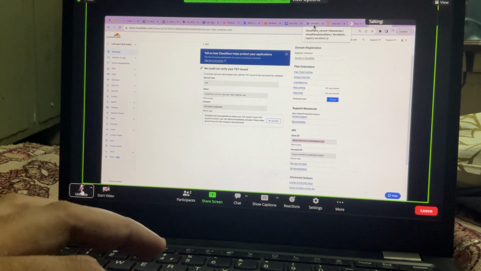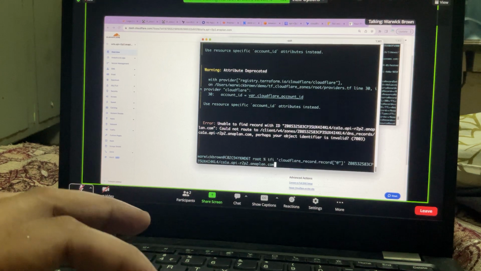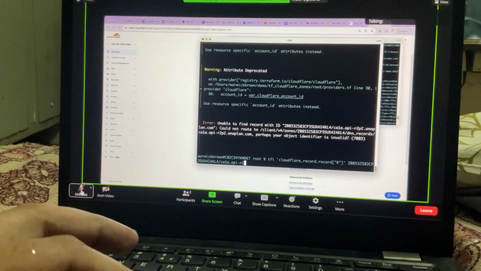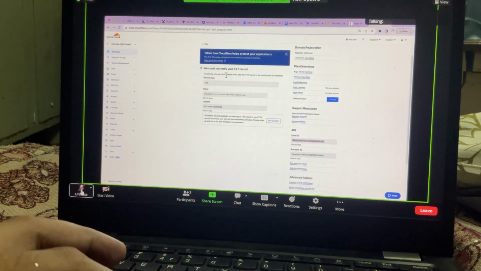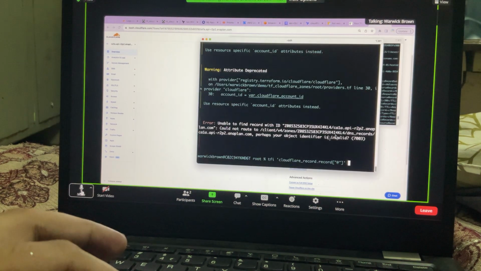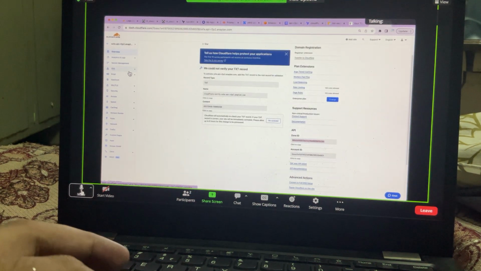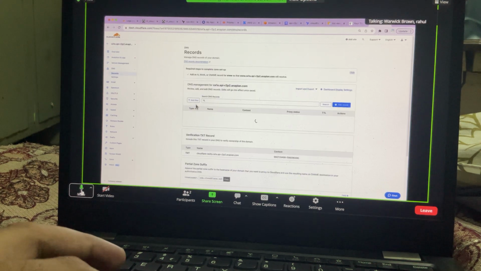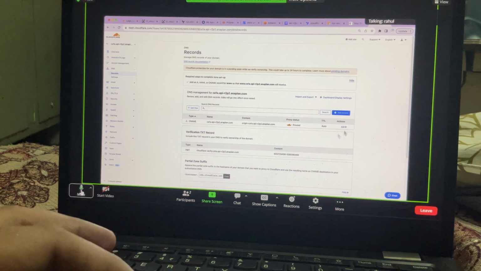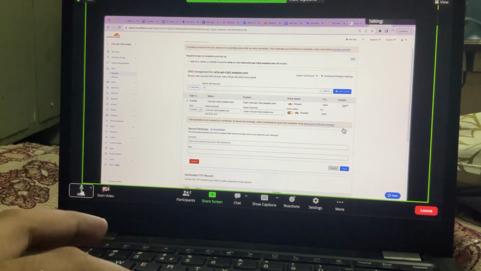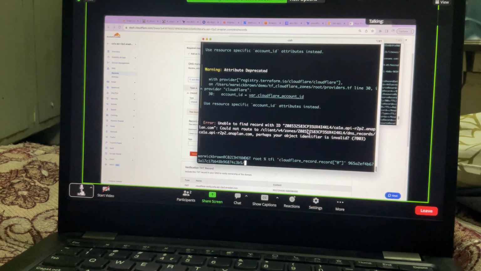Oh, sugar, I'm an idiot. The penny's just dropped. That's not the zone ID that we want. We want the Cloudflare zone ID. The record ID is going to be easier to find, because when we go to DNS, we have this record here. While it doesn't say the record ID here,